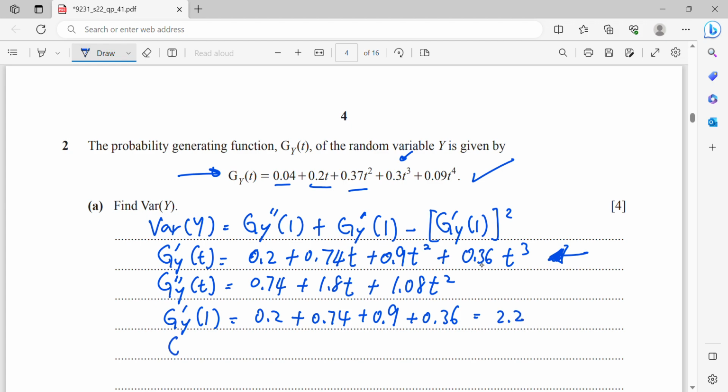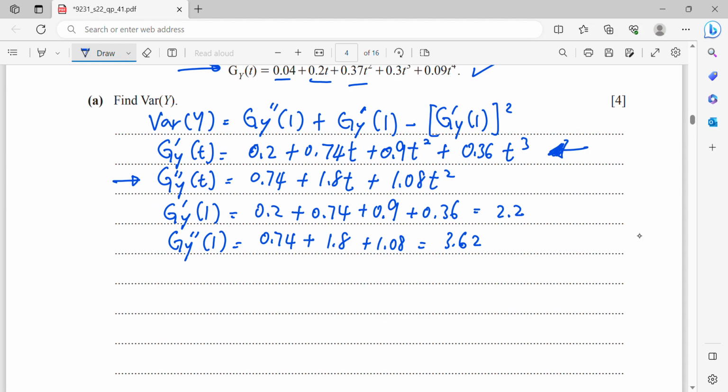Okay, same goes to the Gy double prime 1. So now refer to the second expression, the Gy double prime t, and let the t be 1. So 0.74 plus 1.8 plus 1.08. Then this will be 3.62. Okay, so once we have found these two values, 2.2 and 3.62, then you can just substitute back into the